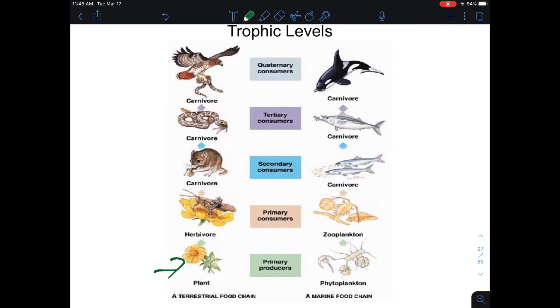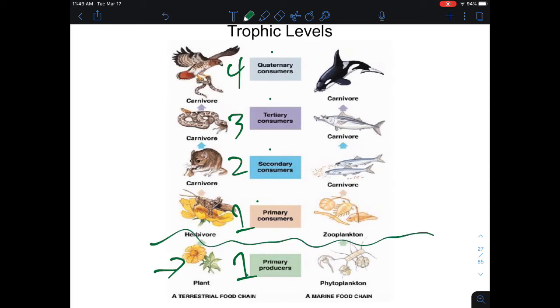And the last carnivore is a bird, but we give them names like primary producer, primary consumer, secondary consumer, tertiary consumer, and quaternary consumer. Primary being first, secondary being second, tertiary third, quaternary fourth, just like before. This naming system is just a little bit confusing because it goes primary, primary, secondary, tertiary, quaternary. So it counts 1, 1, 2, 3, 4. Because the difference between this number 1 and this number 1 is this is just the producer and this is the first level of consumer.